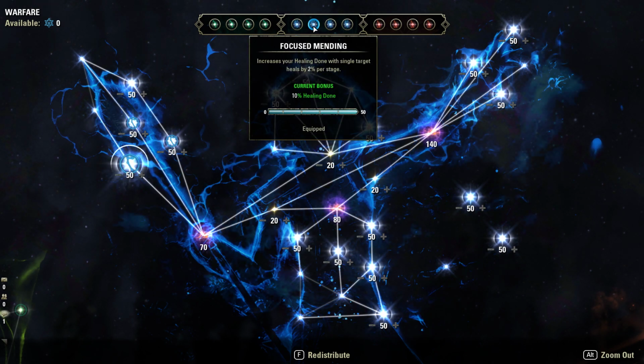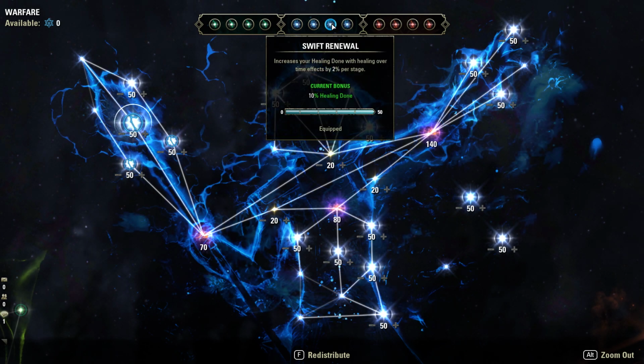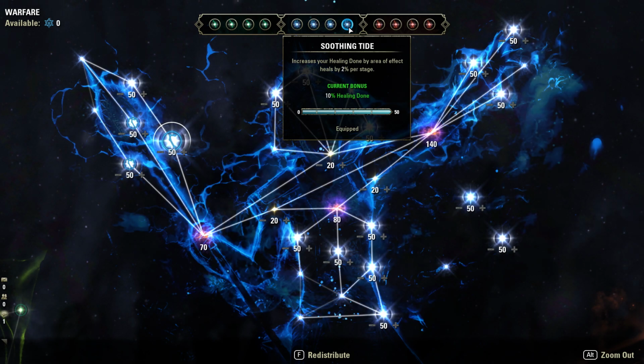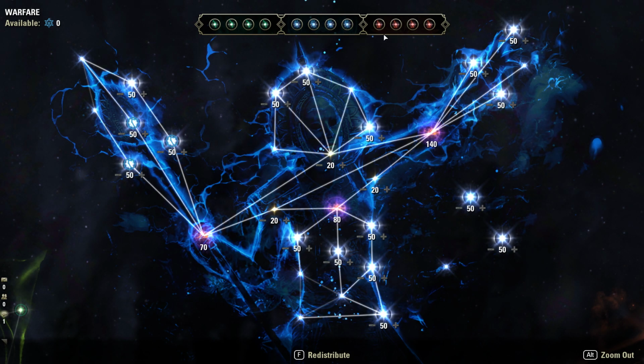Next up, we have Focus Mending. This increases your healing done by 2% per stage, so 10% healing done. Then we have Swift Renewal, which increases your healing done by another 10%. And then we have the Soothing Tide, which increases your healing done by 10%. Moving on to the red tree